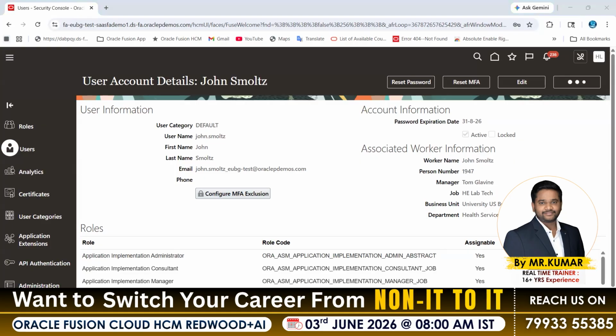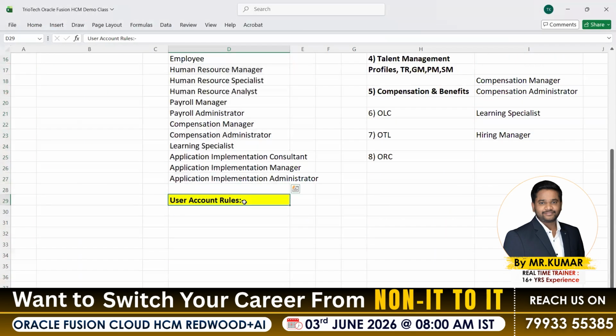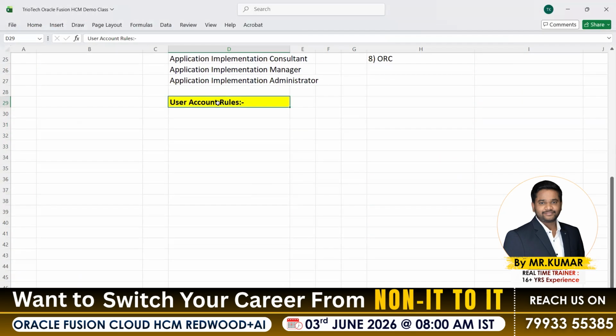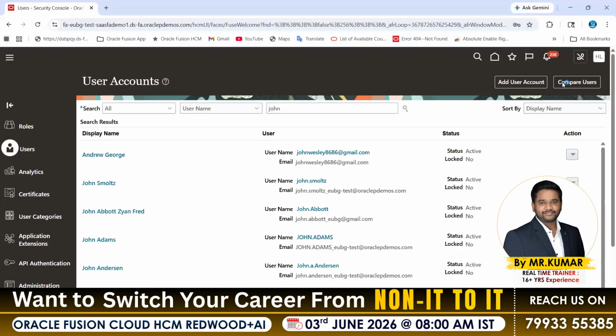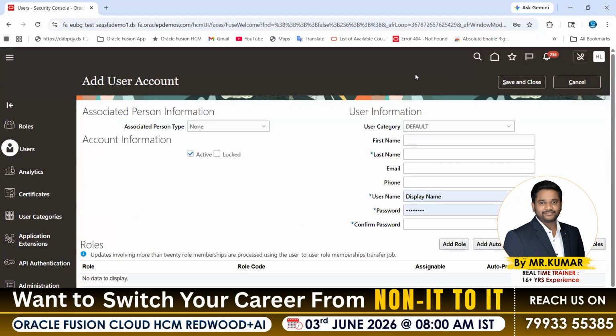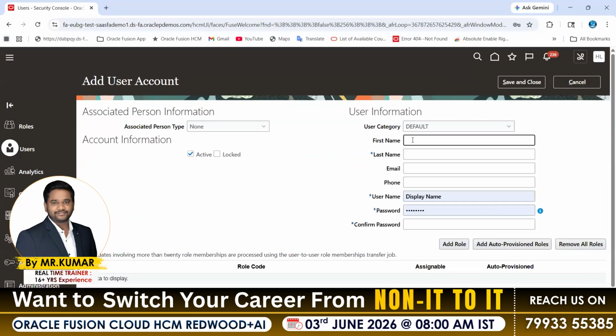Let us talk about the user account rules setting. I told you what we can discuss here, team. Whenever we are creating a user account, as I mentioned in yesterday's session before closing the class, I'm trying to create a new user account in the system. Here I'm giving first name as Stravan, last name as TrioTech. The moment I give first name and last name and come to the next field,